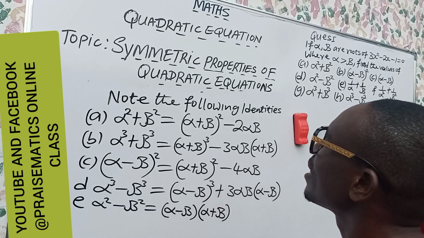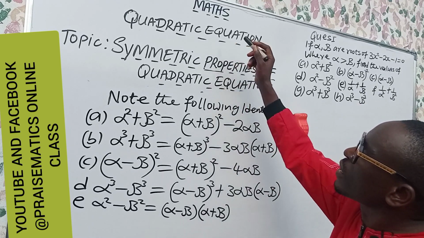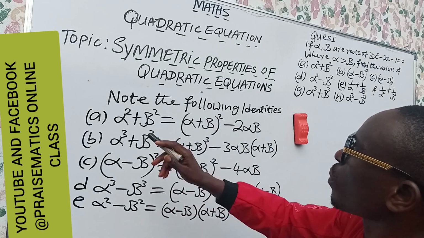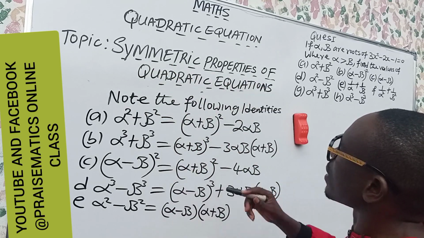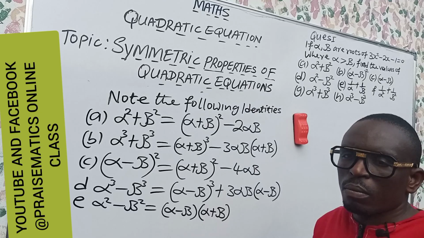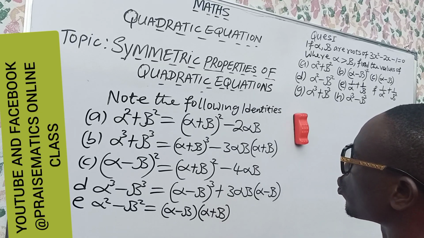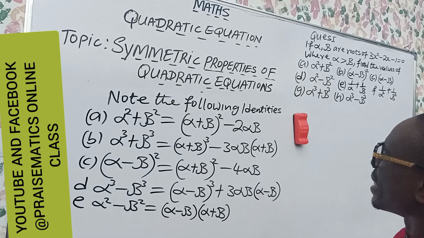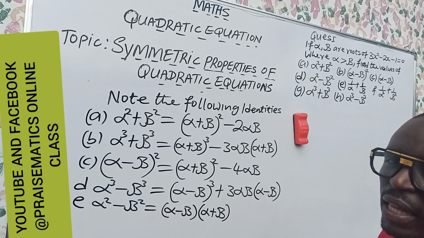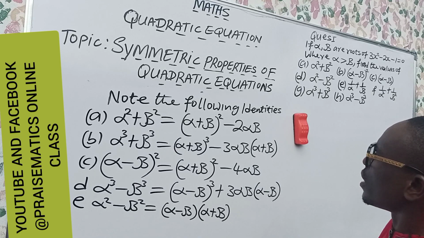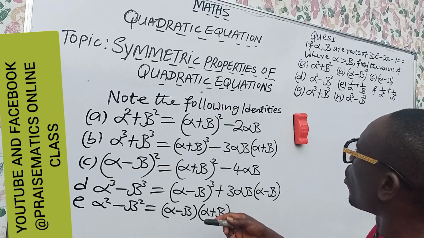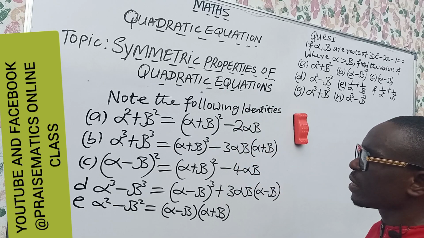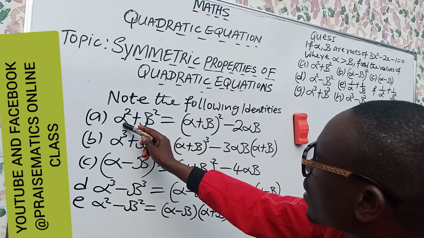In this class, we are still at quadratic equation, a subtopic known as symmetric properties of quadratic equation. Now, what are we going to do? Look at this. We are going to master this symmetric identity. Symmetric properties of quadratic equation. We must master their identities. Like this one,